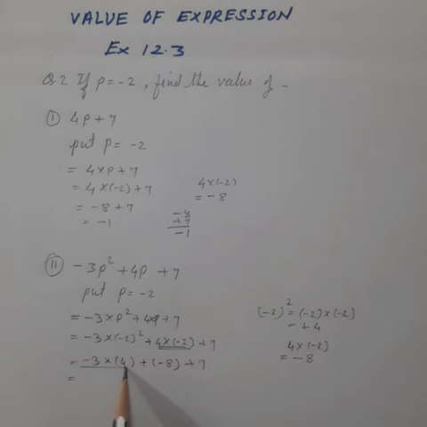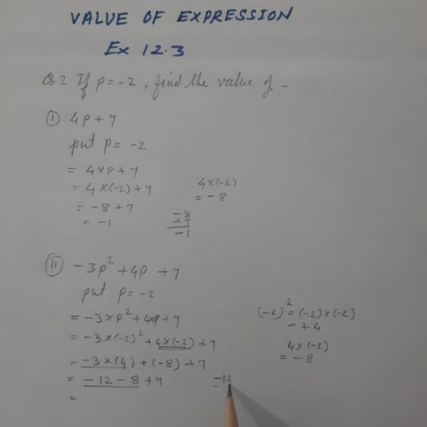Now in this multiplication, again one number is negative, the other is positive. So the product is negative. 4 3s are 12. Bring the number out of the bracket. Here in front of the bracket a plus sign is there. So the number inside the bracket will come out as it is. Plus 7. Now solve this.